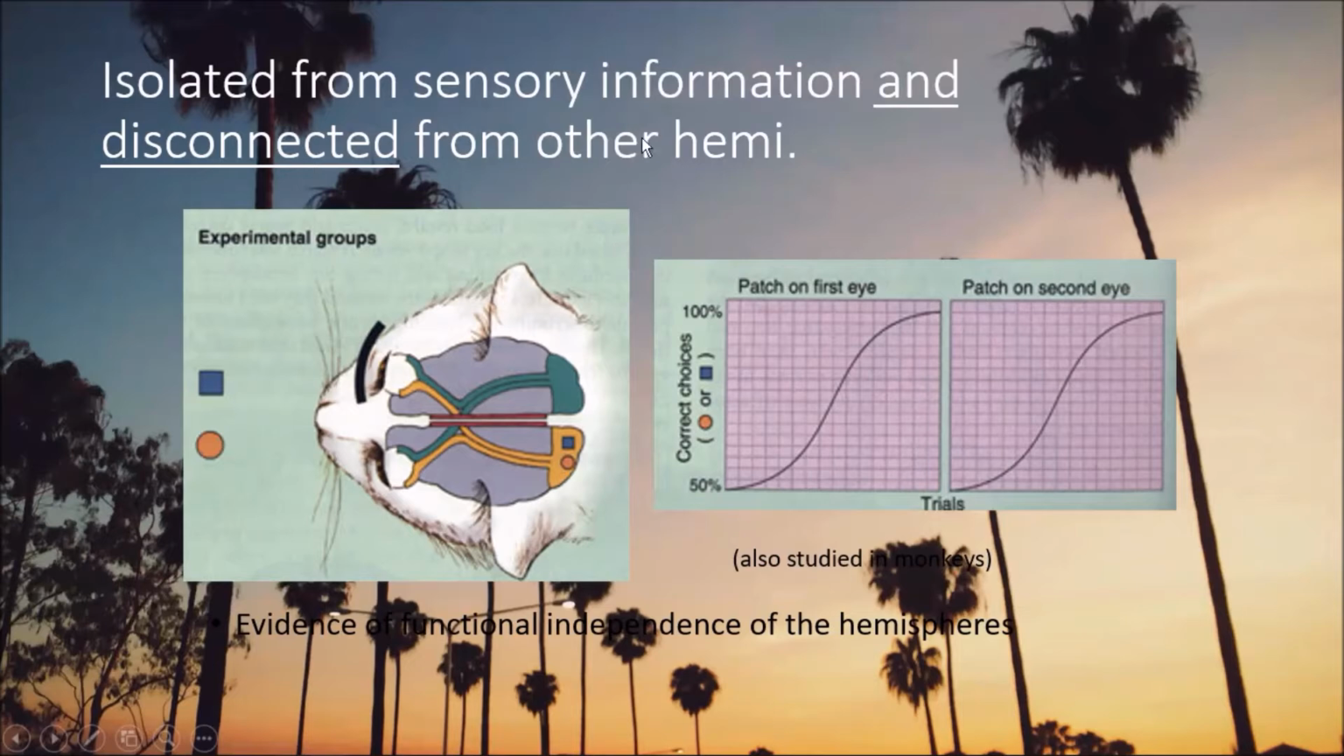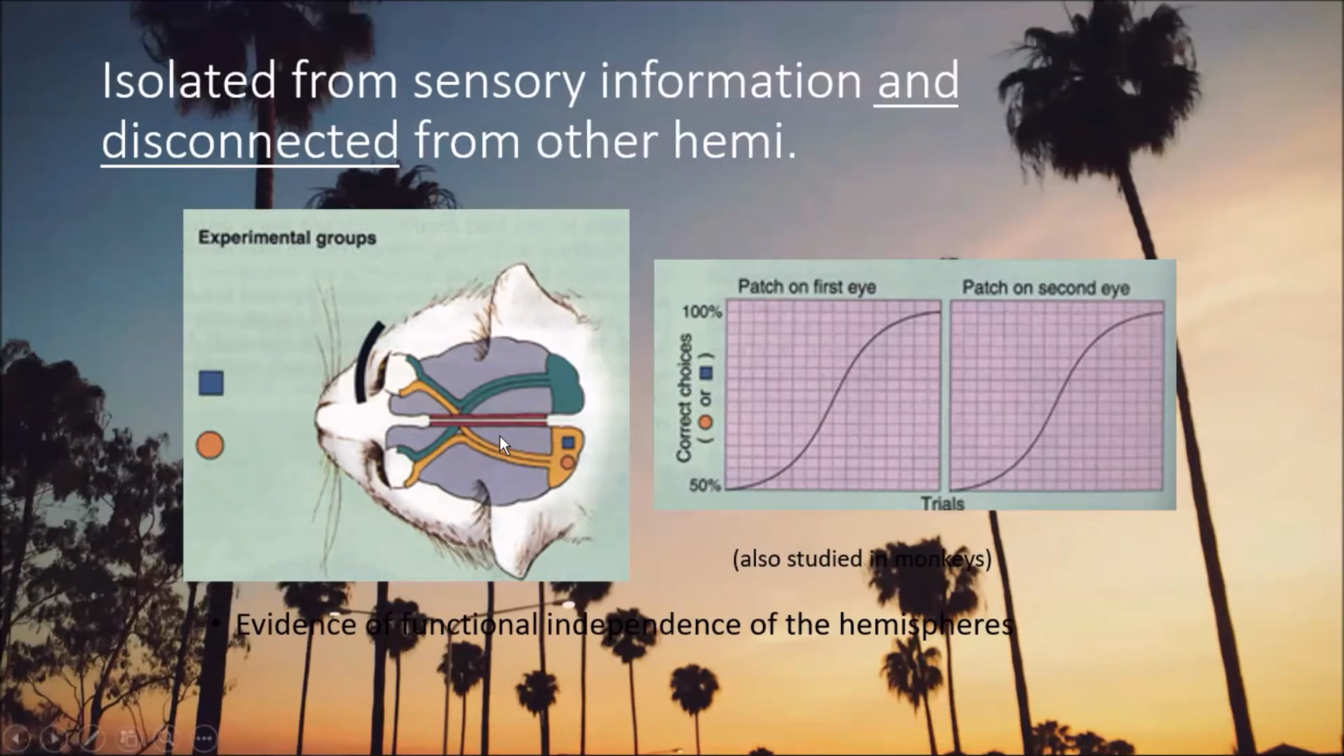So this is showing how isolation from sensory information and disconnection from the other hemisphere shows evidence of functional independence of each hemisphere. You've got to have the wiring, and at a high level, they probably didn't cut all the way down to the colliculi. I think that could even kill the cat. They cut the corpus callosum and the optic nerve, and that shows that isolated, it didn't learn, it wasn't receiving